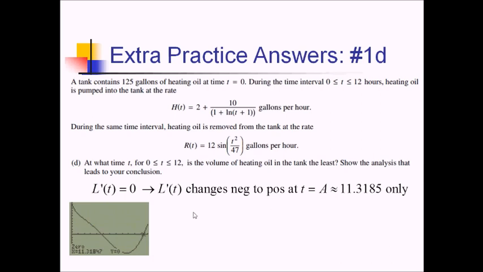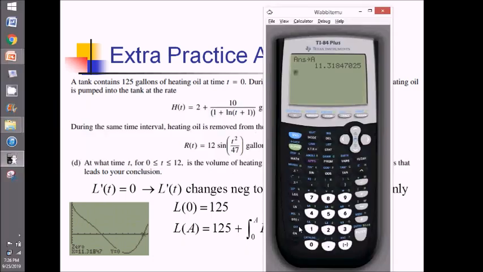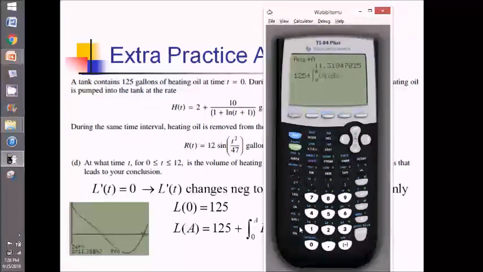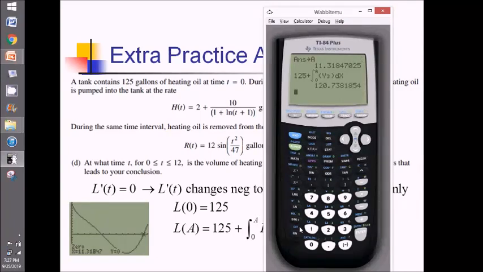Okay, time for my candidates test. So I've got L of 0, the original amount of oil. That's 125. They gave that to us. Now for L of A, the level of oil at time A, that's going to be the 125 I started with, plus the integral from 0 to A of L prime of t dt. And I'll need the calculator to figure this out. So 125 plus math 9, integral from 0 to A, so alpha A, or whatever letter you stored it as. And now L prime we stored as alpha trace y3, and then dx. So pretty much what we did to find L of 12 on part C. And that gives us a value of